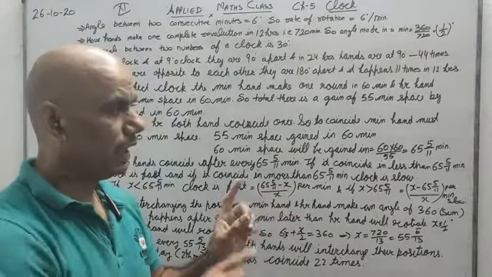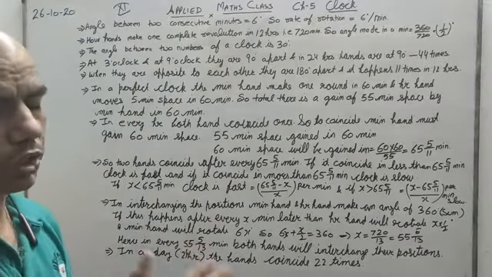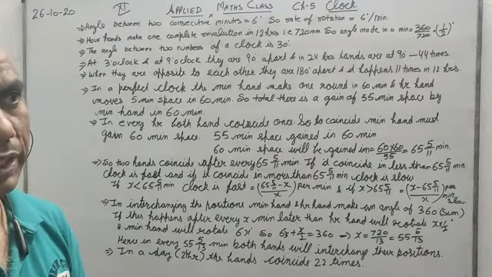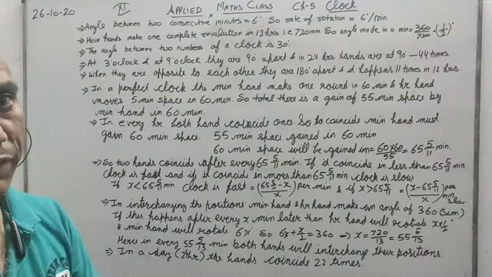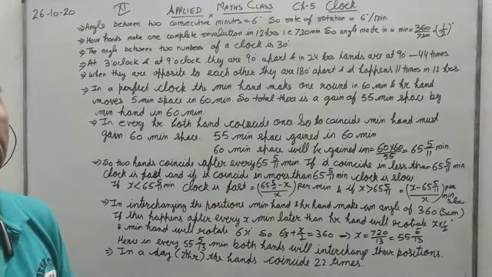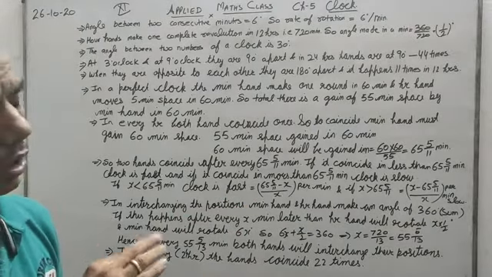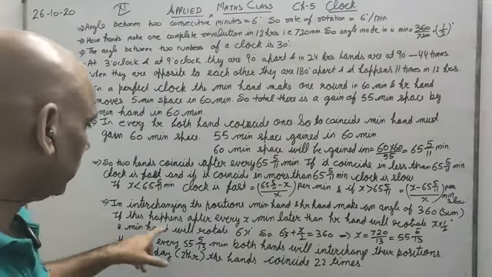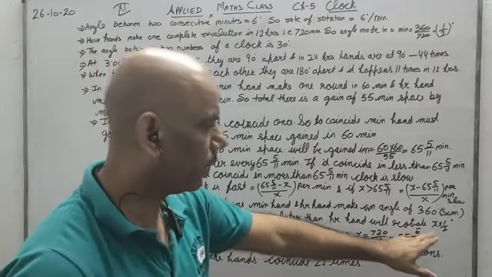For example, say it is 2 o'clock. For changing the position, what will have to happen? The hour hand will have to be at 12 and the minute hand will have to be at 2. So again, the hour hand will cover an angle of 60 degrees, the minute hand will cover an angle of 300 degrees. So the sum will be 360. Okay. So if this happens after every x minutes, then our hands will rotate.